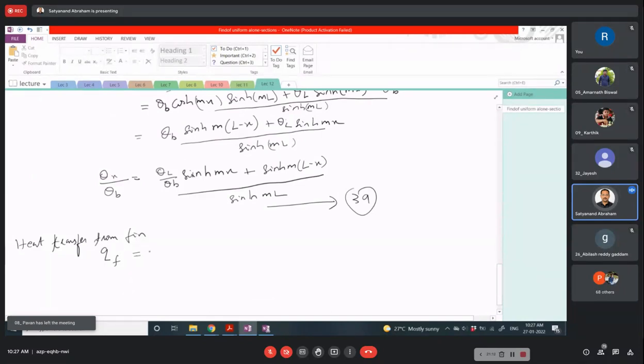We have this fin. What we are trying to see is how much heat is being given to the fin, how much heat is going to be given to the convective heat transfer. So how can we write it? Q fin is equal to